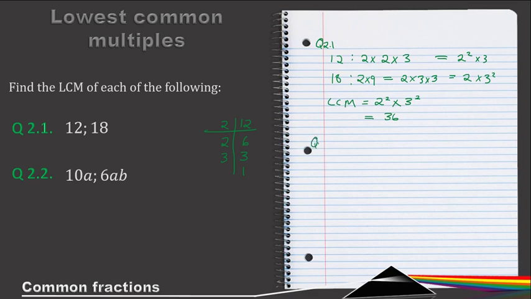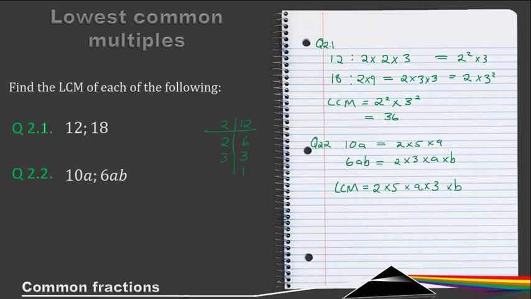Now for question 2.2, to find the lowest common multiple of 10a and 6ab. So if I break up 10a into its prime factors, I've got 2 times 5 times a, and 6ab is 2 times 3 times a times b. And over here we have a 2, so my lowest common multiple is, so I've got a base of 2, and then 5, and then a, right? Then I've got over here a 3, I already have an a, and then